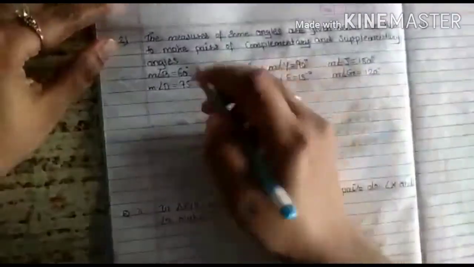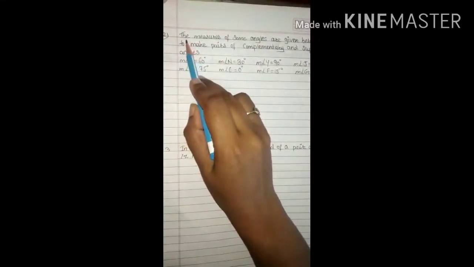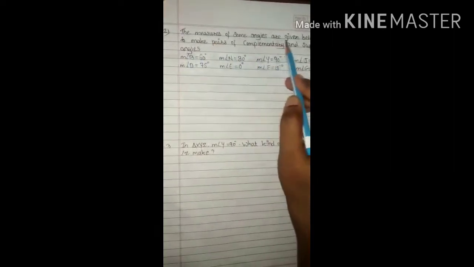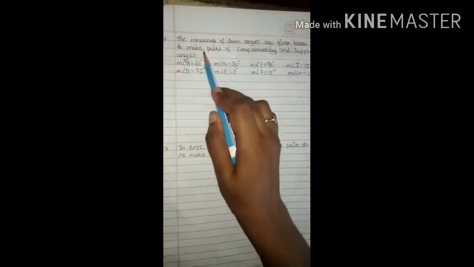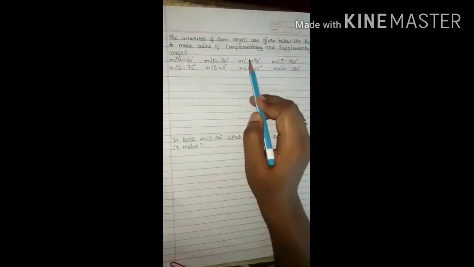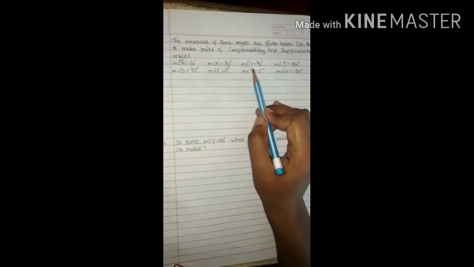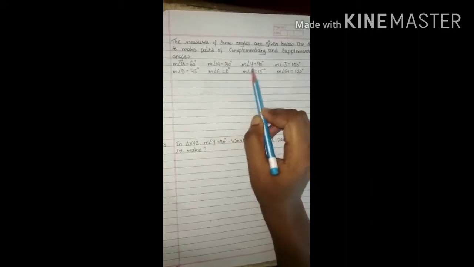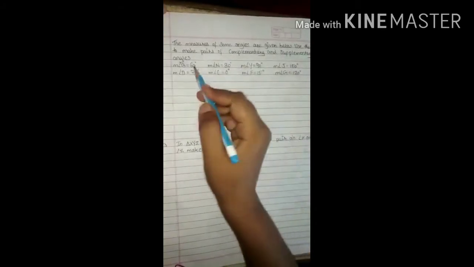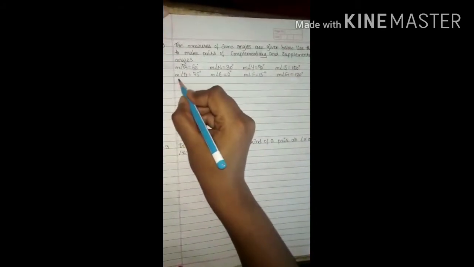Now we are going to see question number 2. The measures of some angles are given below. Use them to make pairs of complementary and supplementary angles. Now in this question some angles are given here. You have to take the sum of the measures of the angles and find out the complementary pairs and supplementary pairs. So first suppose I am taking the measure of angle B